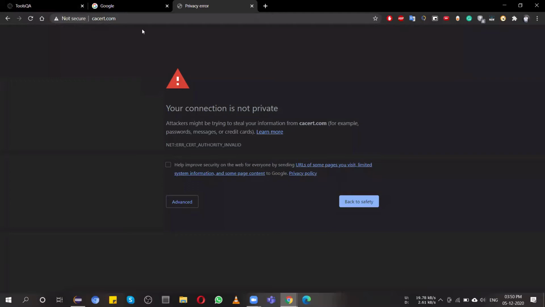Okay, so in an updated version of Chrome or Firefox, you'll be able to see a "not secure" option, but sometimes you'll see a lock with a red marking, which is not in a locked position. So don't get confused by that. This is a website that is not actually having SSL, or the admin of this website hasn't purchased the SSL for it. Okay, so this is the particular thing.